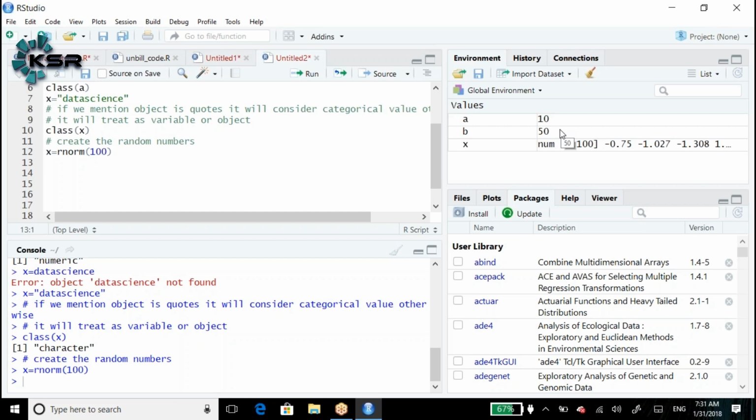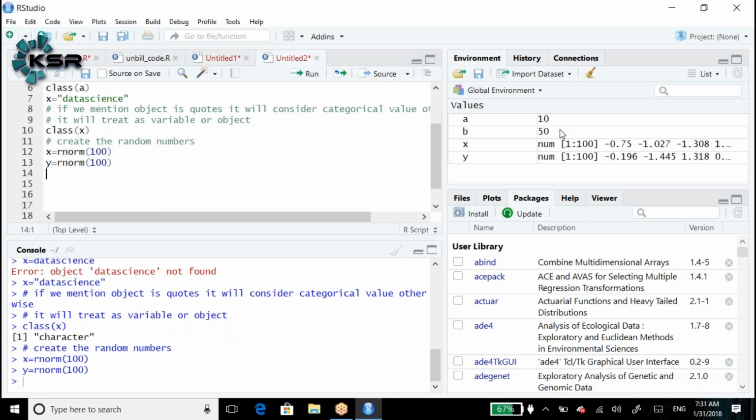Now how many variables, how many objects do we need to create this way? 3 variables. Did we create X? Can we create Y? Y is equal to rnorm of 100. Now again, what is the meaning?